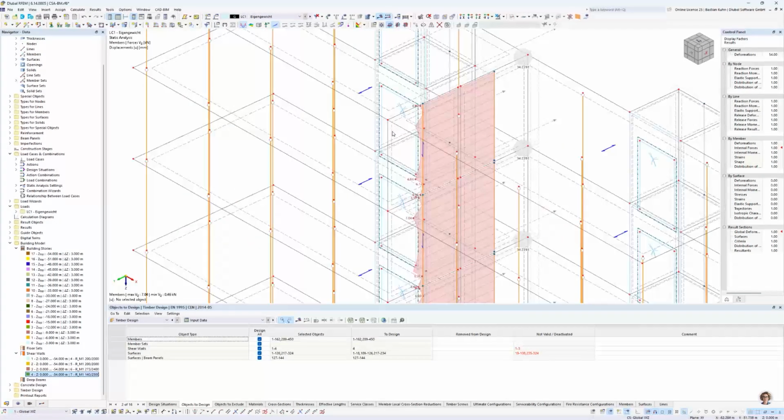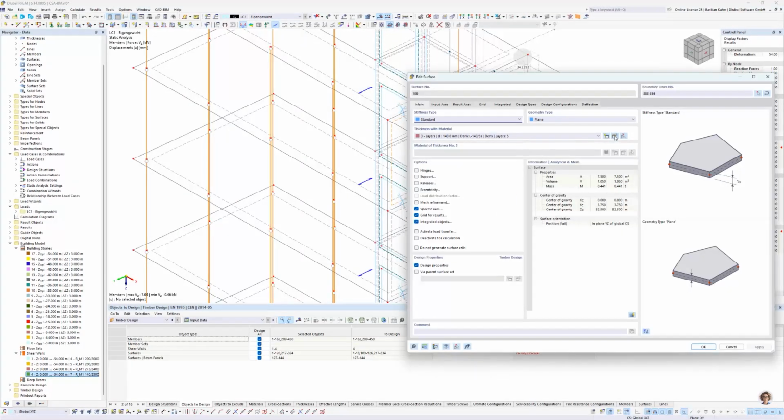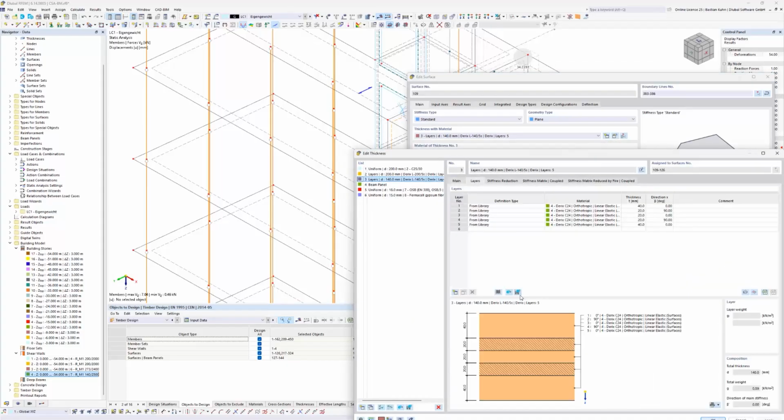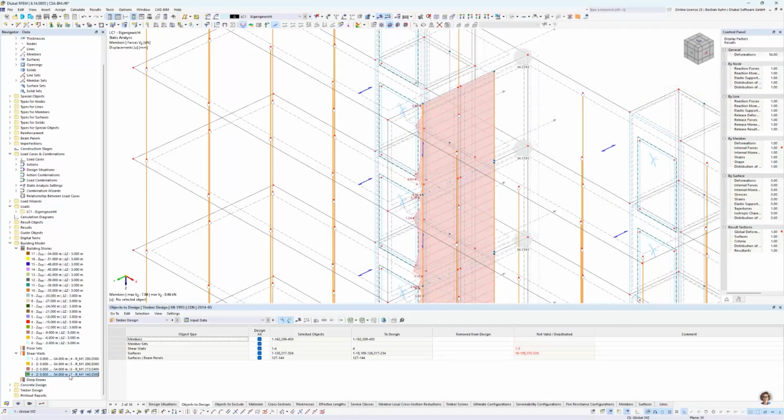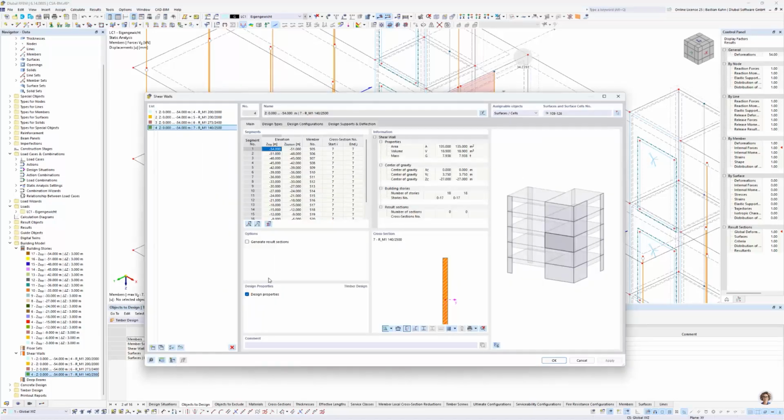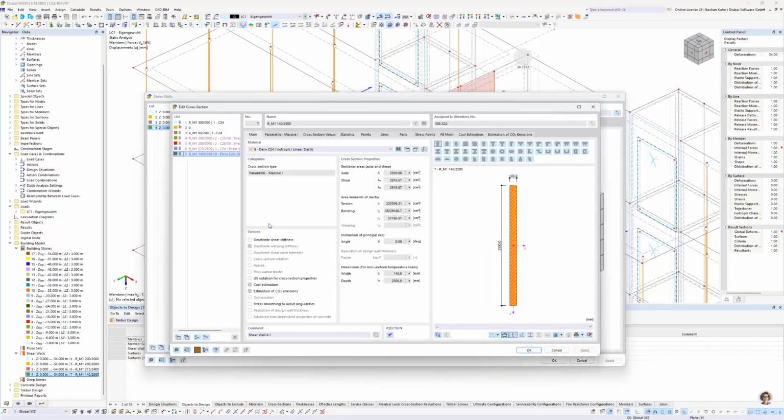And when you take a detailed look, 14 centimeters is not really correct, because I have middle layers of at least 4 centimeters that I need to eliminate from the stiffness, because they are oriented in the other direction, and in vertical direction they have a very, very low stiffness, at least theoretically. And now how can you take that into account as an option? You can go into the shear wall, edit the cross section,